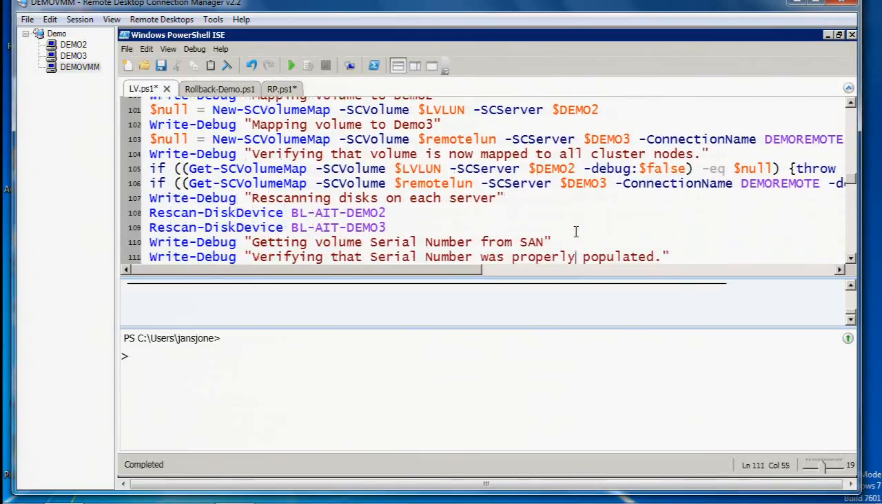And then at that point, we actually start doing the Windows commandlets. So this rescan disk device is actually doing the equivalent of remoting to that machine, opening up Server Manager, clicking on Disk Management, right-clicking, and saying rescan disks. So